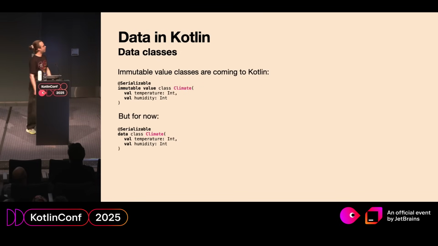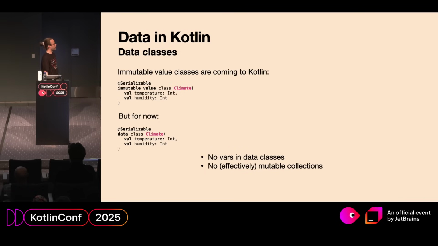Previously, there was a talk about immutability coming to Kotlin, and there are immutable value classes coming to Kotlin. Those should be used. They are amazing. But for now, we had to use data classes with a few constraints. First of all, no vars in data classes. That's a recipe for disaster. That shouldn't be allowed in the language. Do not publish mutable collections even if they are presented as immutable lists. Like if you have a mutable list, it certainly is a subtype of list, so you can put it in a data class and then continue mutating it. Kotlin will be happy, but you will not be happy.